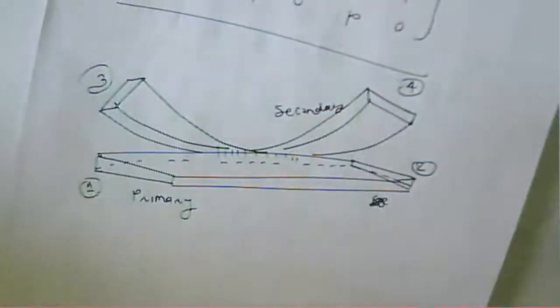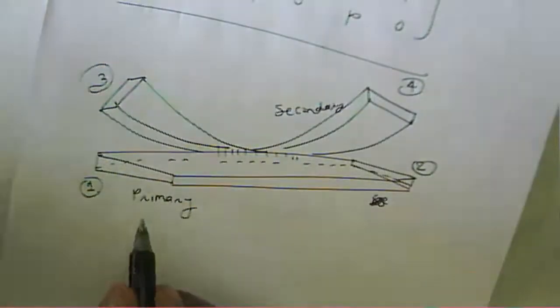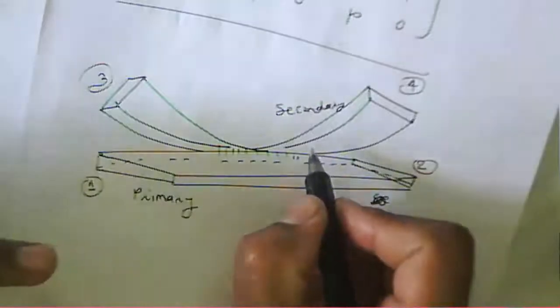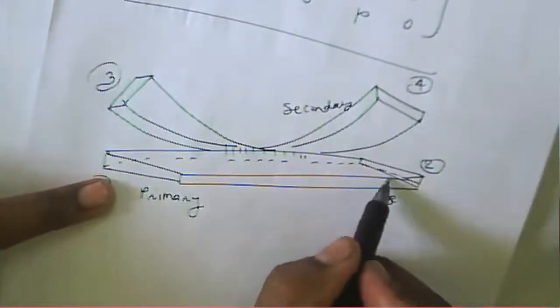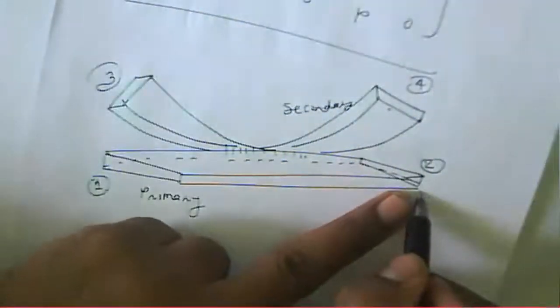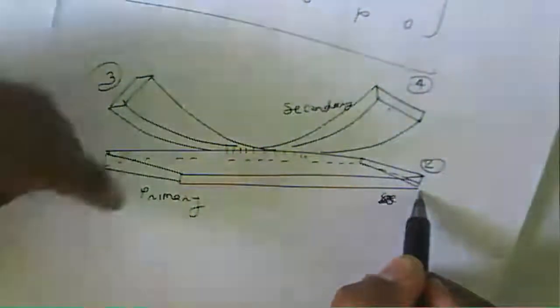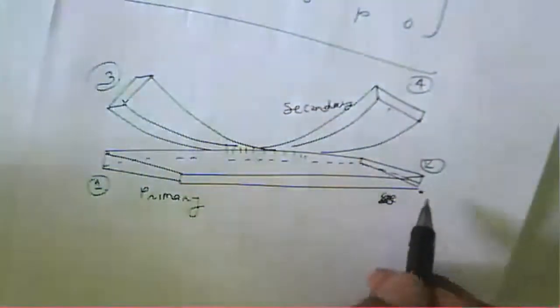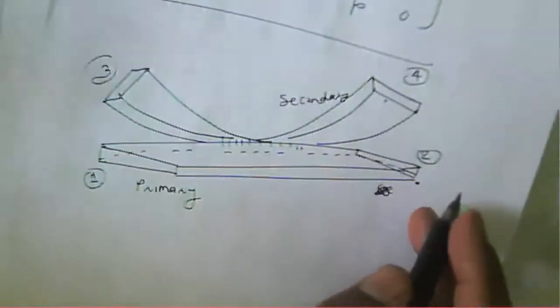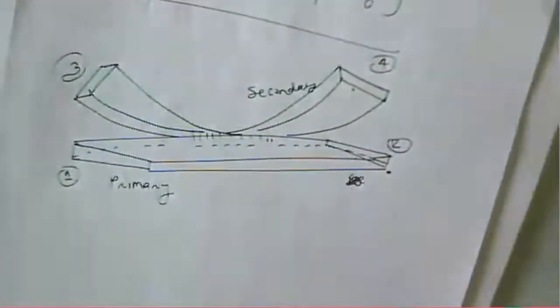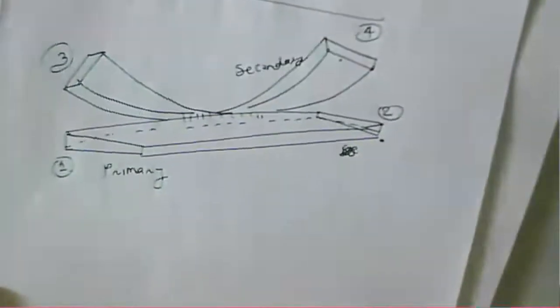The same thing happens as in a two-hole coupler, but instead of two holes there are multiple holes. Your power couples in the forward direction. If you provide the input to port 1, output is available at port 2 and port 4. No output is available at port 3. If you provide the input to port 2, output is available at port 3 and port 1. No output is available at port 4. That is the same as for the two-hole coupler, and the same here for the multi-hole coupler. Nothing more. So that is the directional coupler we have seen.